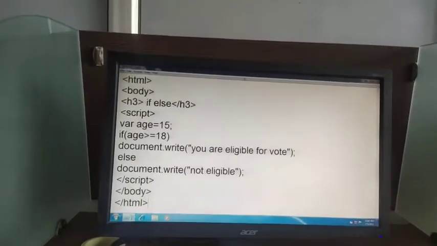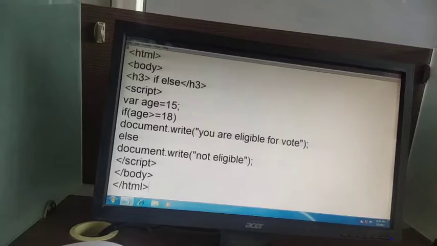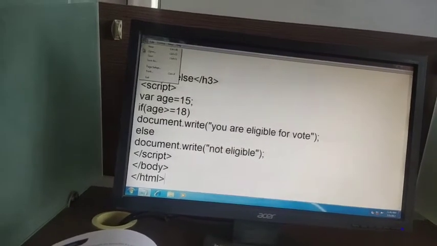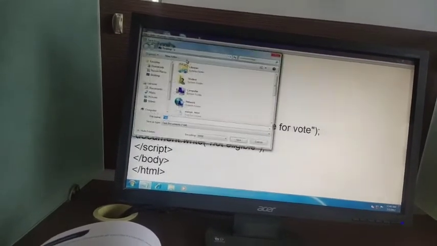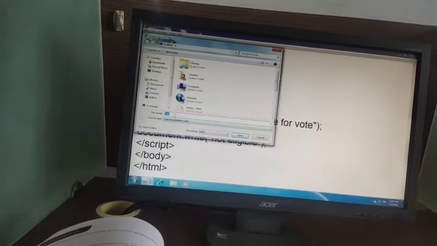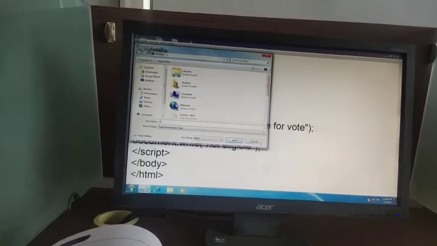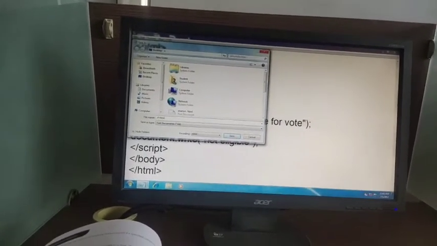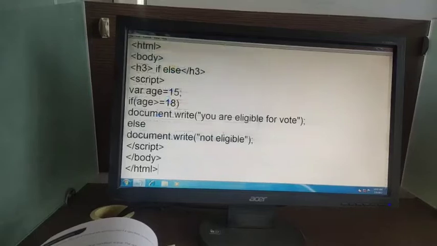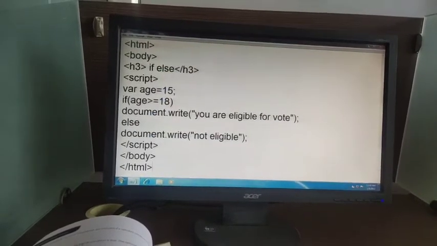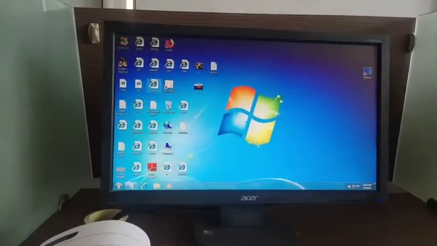You know how to save it. You have to click on file button, go to save. On desktop I am saving it with the name of if dot html. Okay, save.